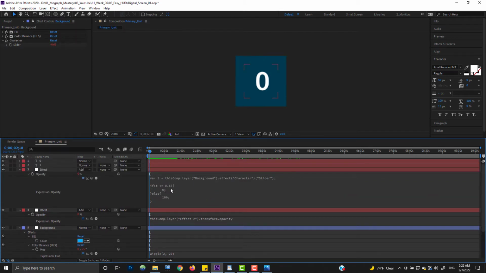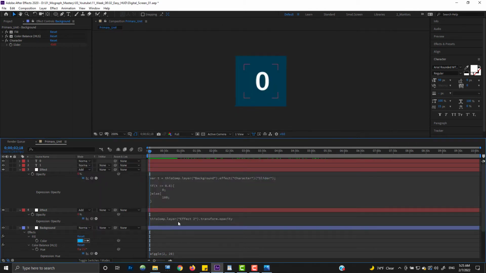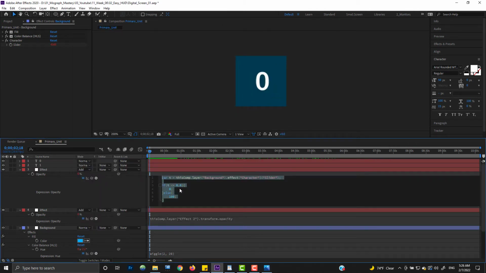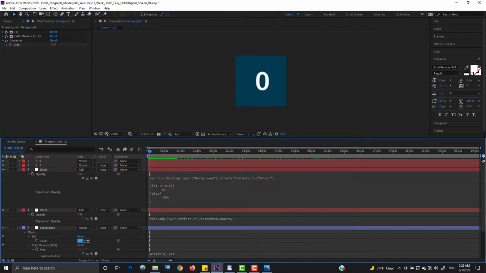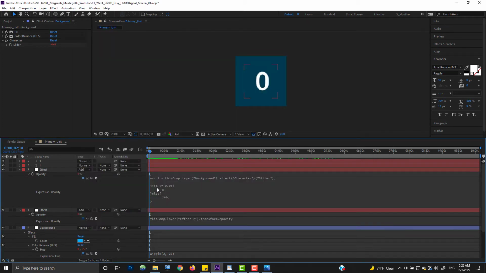So if this value fluctuates between -1 and 1, and we type 0 right here, that means every time this value is less than 0, do something, and above 0, do something else. So there is a 50% chance if I say 0, if t is less than or equal to 0,